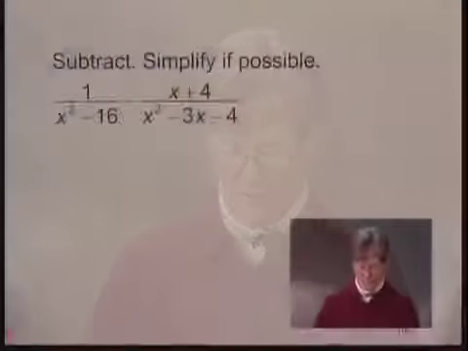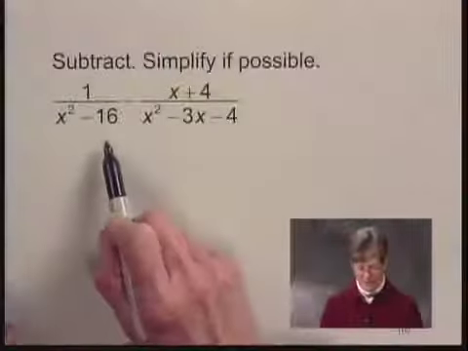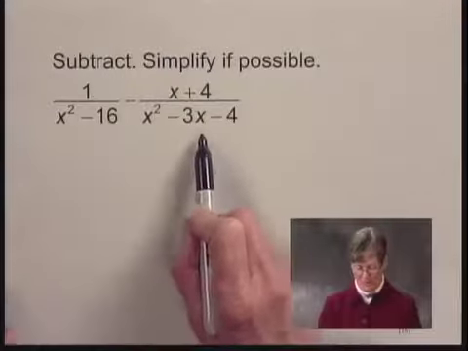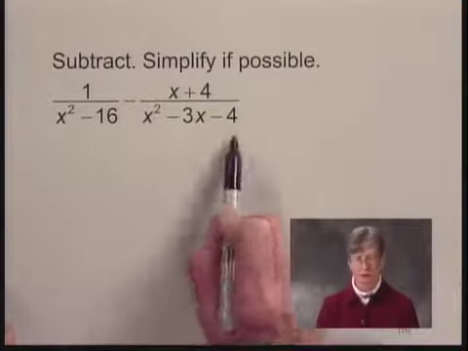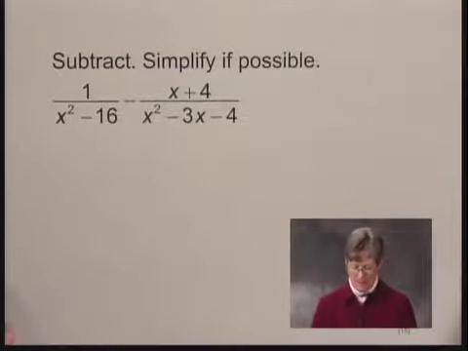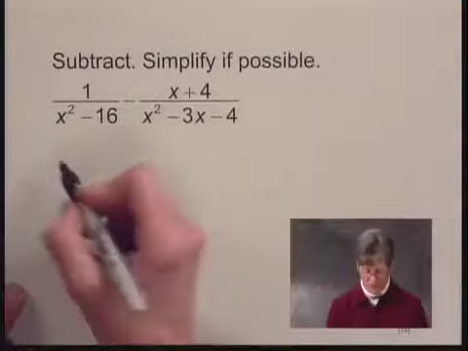We're going to subtract rational expressions and then we'll simplify the result if we can. The subtraction that we're doing is 1 over x squared minus 16 minus x plus 4 over x squared minus 3x minus 4. Now, these denominators are different, so the first thing that we need to do is to find the least common denominator, and the first step in doing that is to write each of these denominators in factored